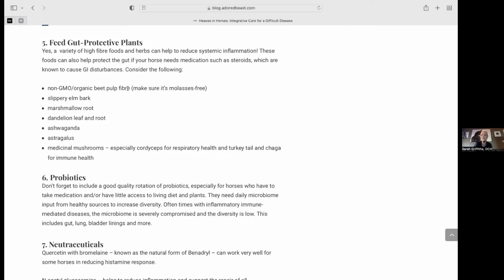You can also use turkey tail as an adaptogenic overall immune system support. It is amazing for modulating the immune system as well, reducing systemic inflammation. Chaga is another one that's great, and also reishi mushrooms are indicated for